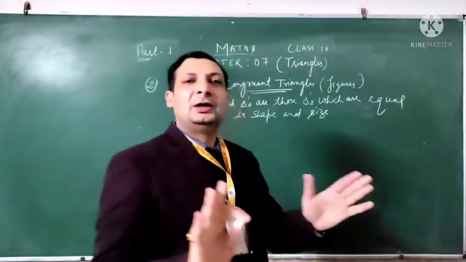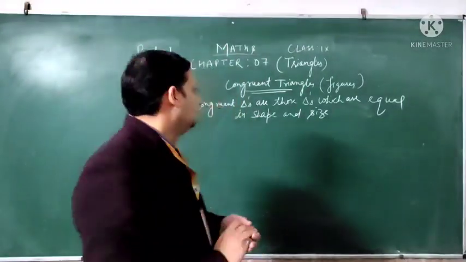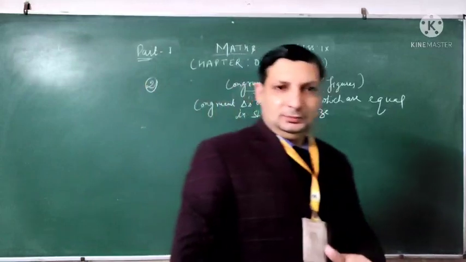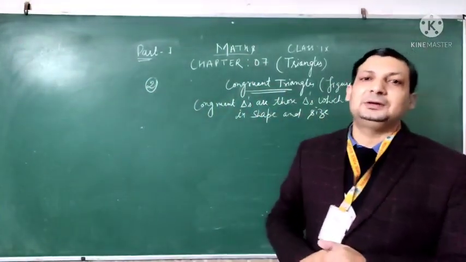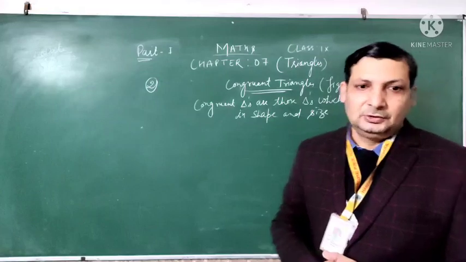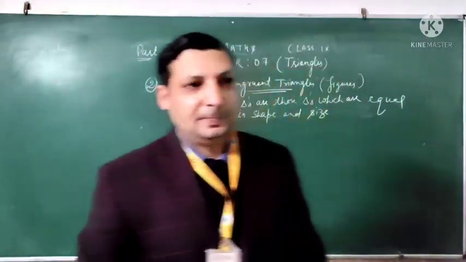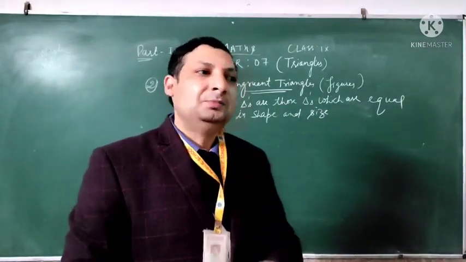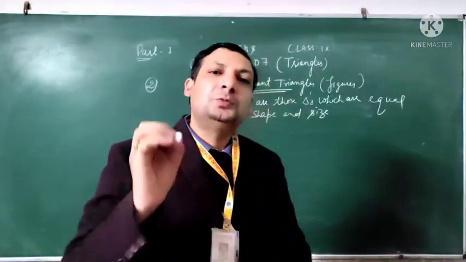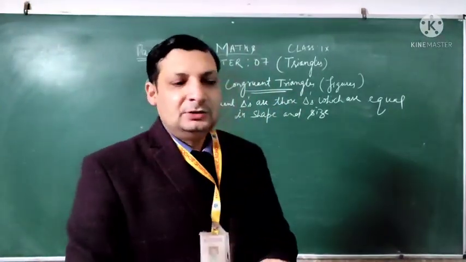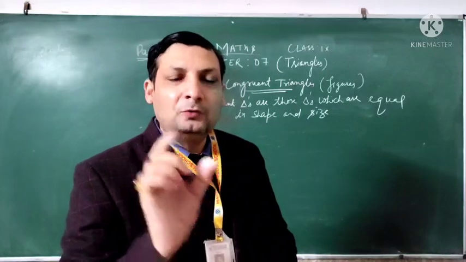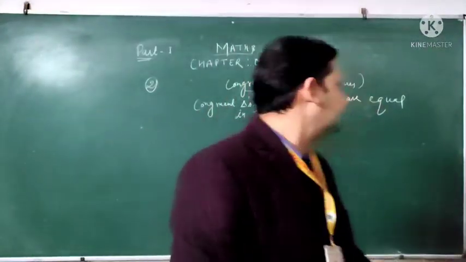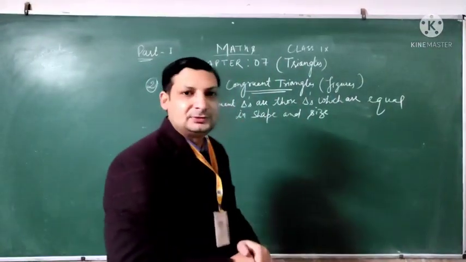Means they look exactly the same, and their size is also equal. So whenever we have to talk about congruent triangles, give me different examples of congruent figures. Means 9th class math books published by NCERT are equal in shape and size. Those objects, those things which are similar, the same pen of the same company, bottles branded by the same company, are called congruent figures.